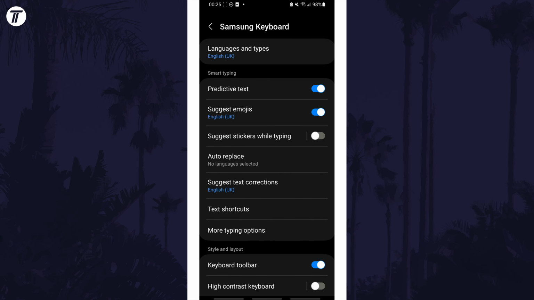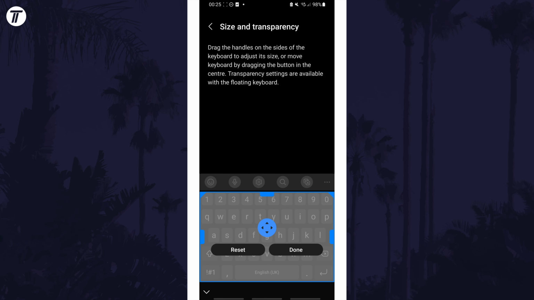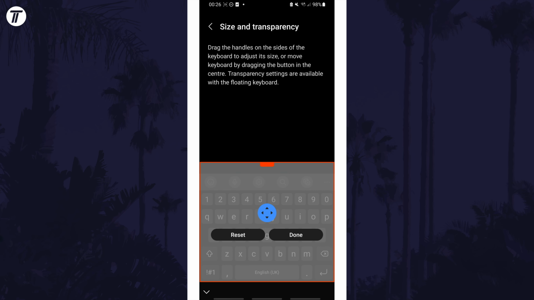On here, look for and tap on a keyboard size option. It could be named something similar to this on your device. For me it's called Size and Transparency. You can now choose a new size for the keyboard or drag the handles around the keyboard to change its